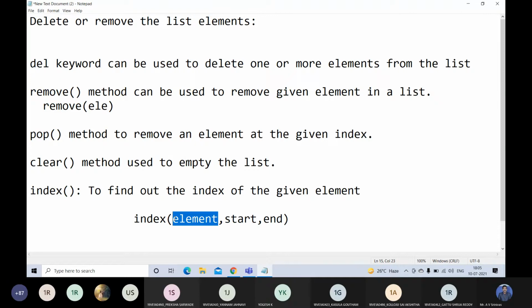The second and third parameters are both optional. If you are not passing the starting value or the ending value, then by default it considers the entire list. If you specify the index, it will search only in those particular locations.